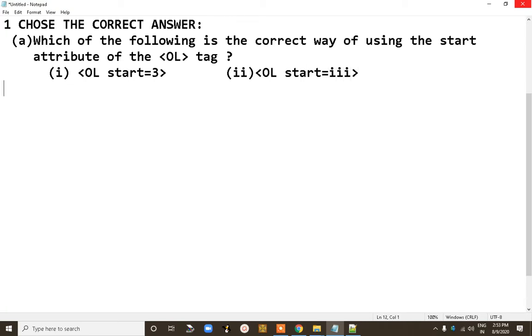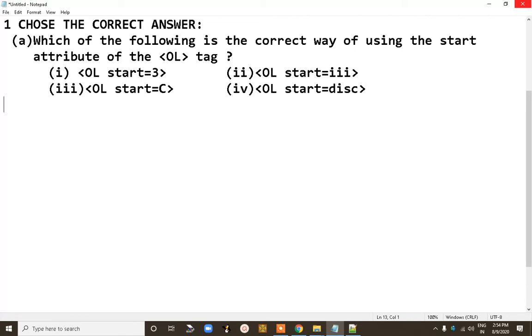Now third option is OL tag start is equal to capital C. Now fourth option is OL tag start is equal to disk.